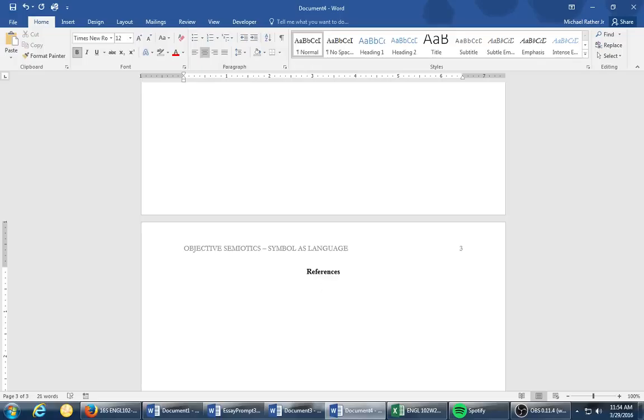Now, APA emphasizes the citation's date. And if you think about it, that makes sense because it's primarily used in scientific fields. Scientific researchers often release incomplete research with hypotheses listed, and then they go back and revise and release a new article, and sometimes that new article contradicts what they previously had stated. So it's important to know the date of the research so that you can make sure the research is the